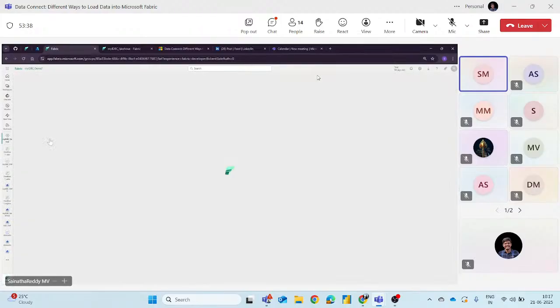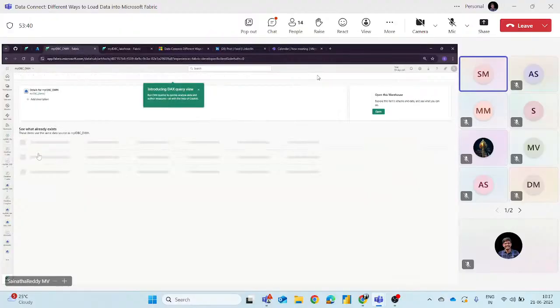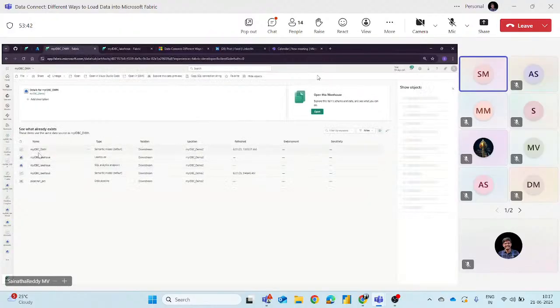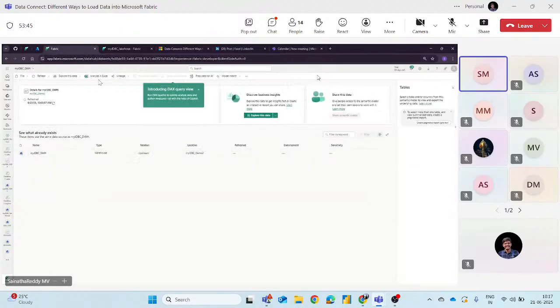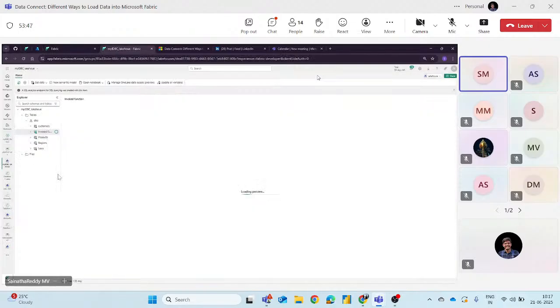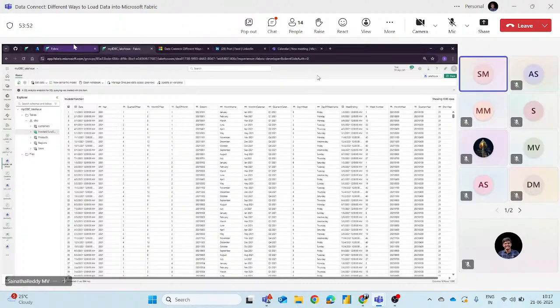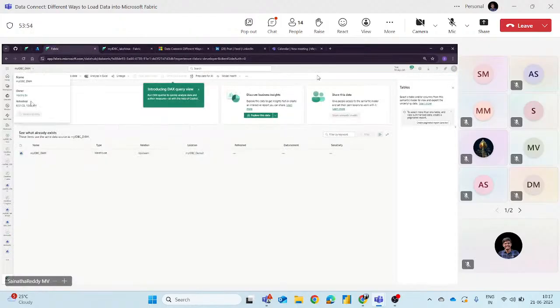I think on data warehouse tables it will show you. Okay, we'll see directly whether it changed or not. No, not yet changed.